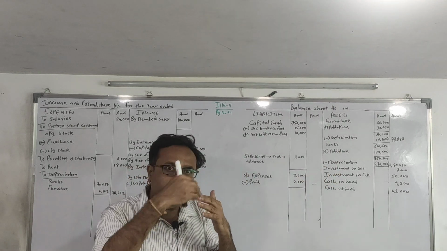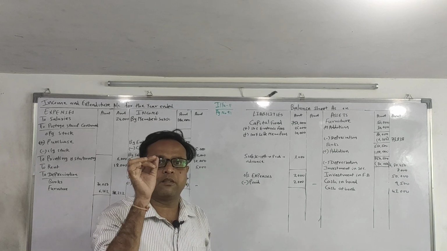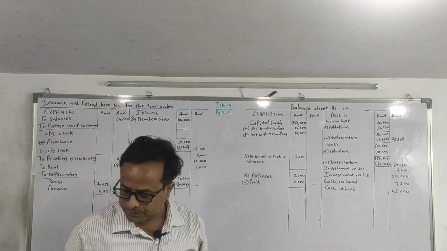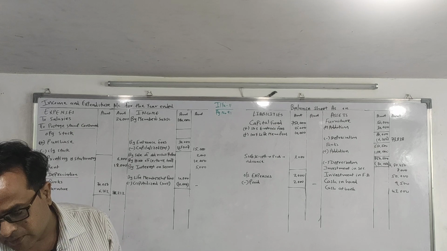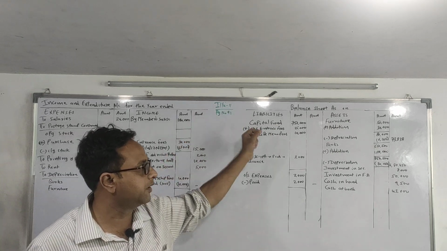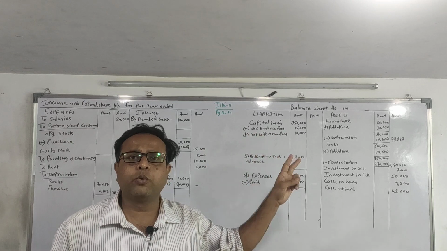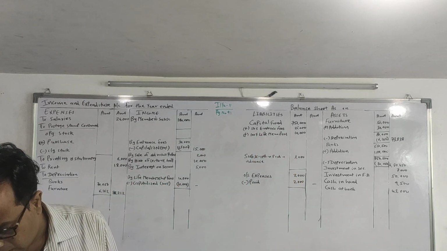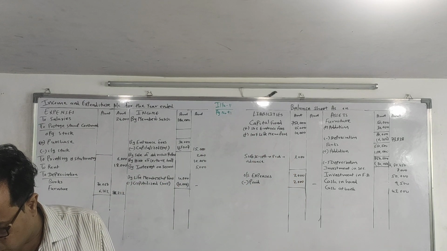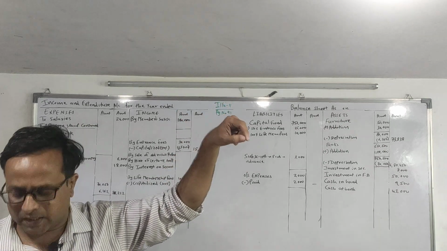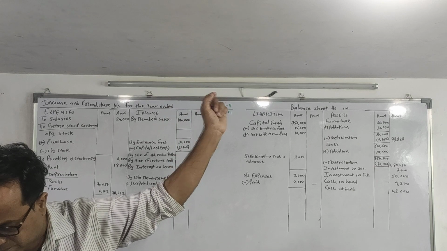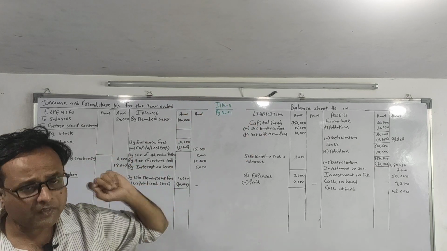First you have to go to the question and put a dot wherever an adjustment is there. Then depreciation on furniture at 8.5%. Again put a dot on furniture. On furniture also there are two adjustments. 50% of entrance fees and the whole amount of life membership fees should be capitalized. Put a dot on entrance fees and life membership fees.